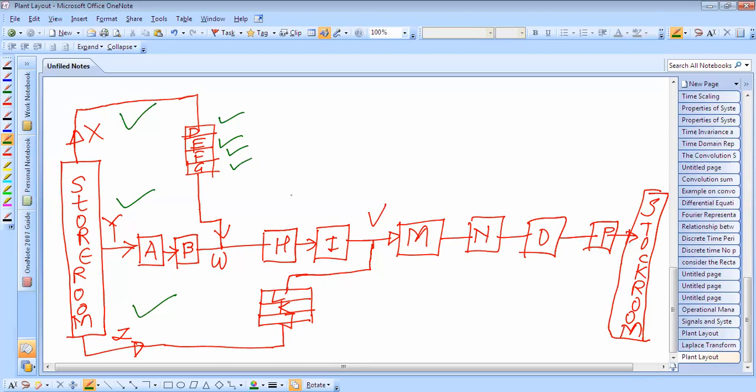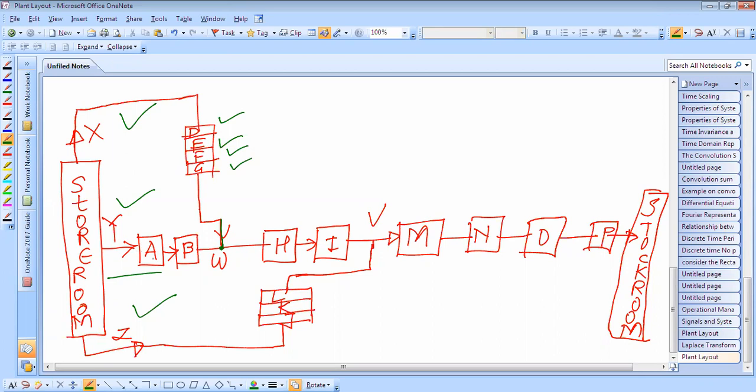and meets the material of the Y line. This again meets the material of the Y line after it has been processed on the main assembly line. So this is, we can say, the main assembly line. The raw material which is processed on this machine is again processed on the main machine lines here, H and I. So the main processing line raw material is again taken from these storerooms.